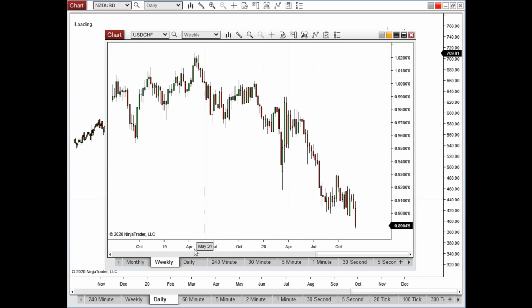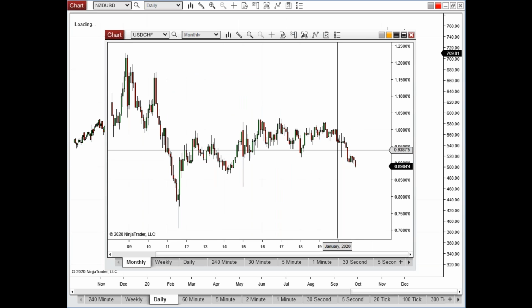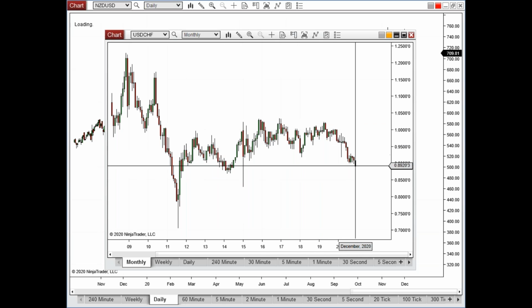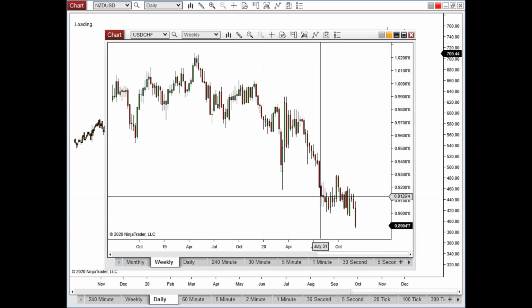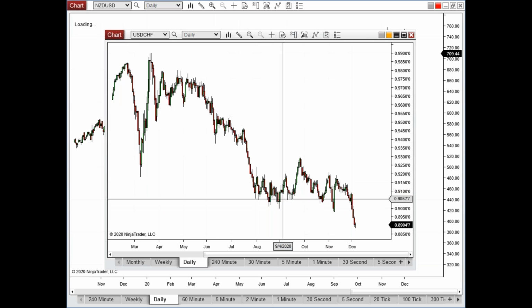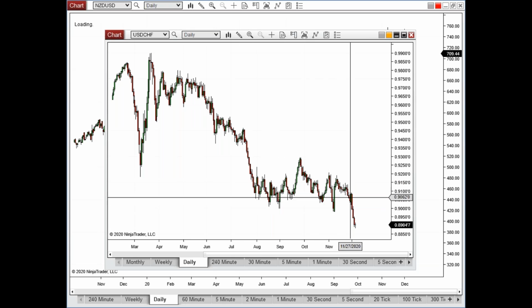Dollar Swiss broke through a really key zone where it was trying to do a momentum reversal plus, but look at this monthly. It's just really bearish. So this came here, and on the daily, you got that foot, and then these slightly lower lows. So it's almost like it tried to do a momentum reversal plus, but it really pushed it out into a bear flag. And this is exactly the type of thing that we have been talking about over the last 2